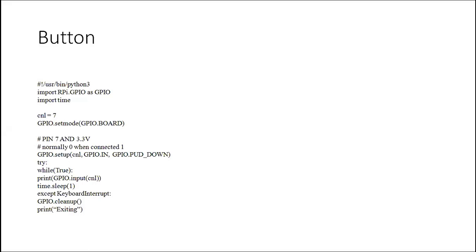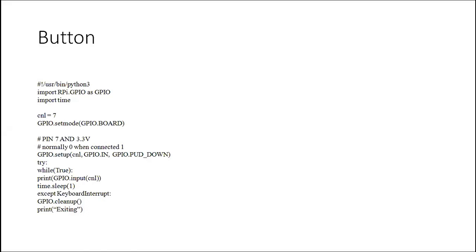So we are setting up by using the GPIO setup function. In that GPIO setup function, CNL is your pin number. Directly you can put 7 here, but it is good practice to write names for each pin, whether you are using it for an LED or a sensor. What purpose you are using the particular pin for, that pin name you can give, so that the readability of your program will be improved. So pin number 7 we are using for the data port, and that CNL I passed here.